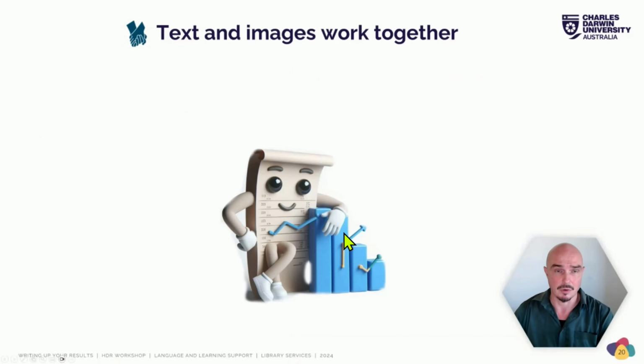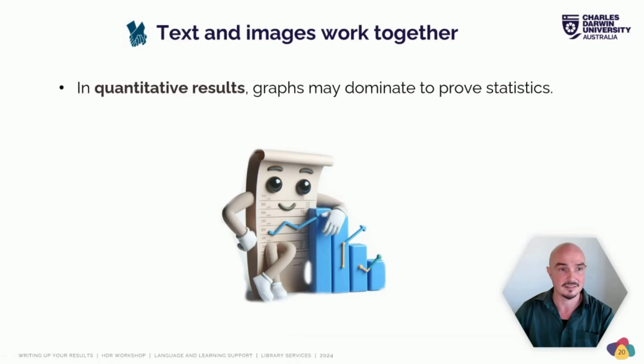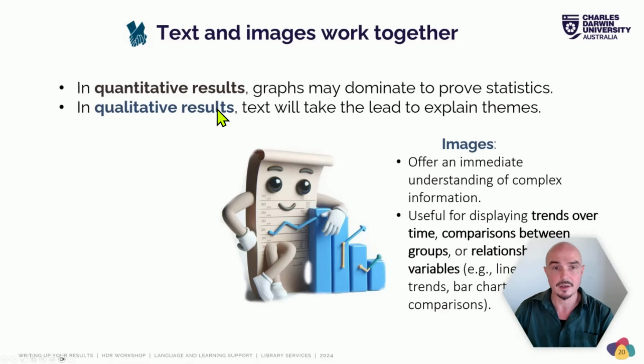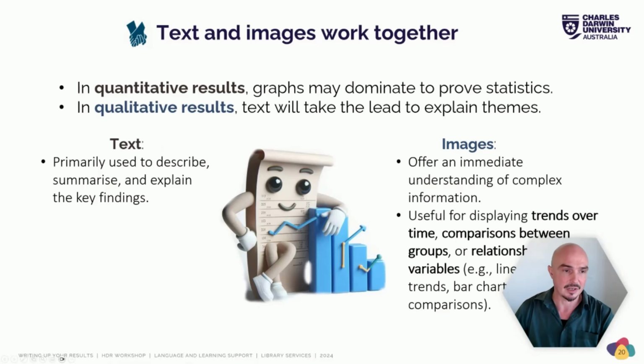Now, when we're using a graph or a chart or a table, we don't just throw it up there and expect that the reader will be able to understand it. We accompany it with text. They're just better for communicating a lot of information quickly. A picture tells 1,000 words kind of thing. When we're reporting qualitative results, the text will usually be the more dominant form of communication.